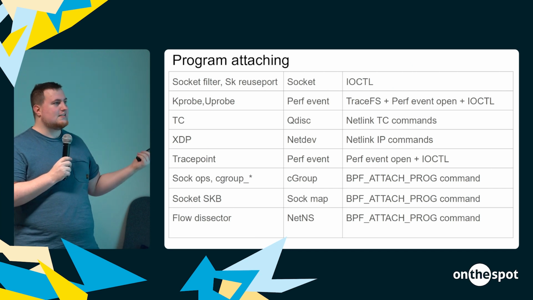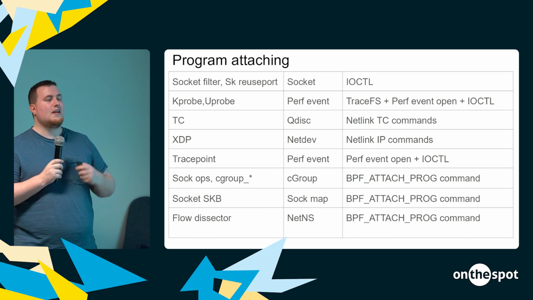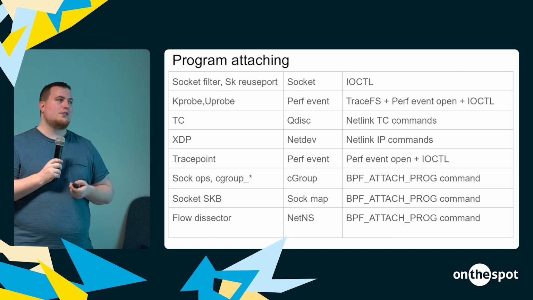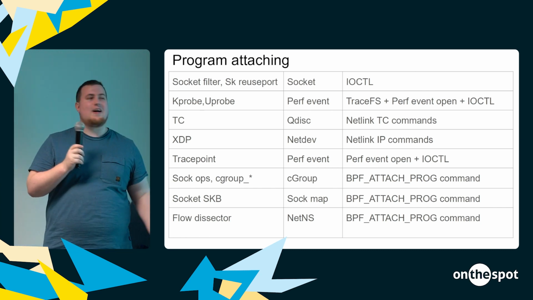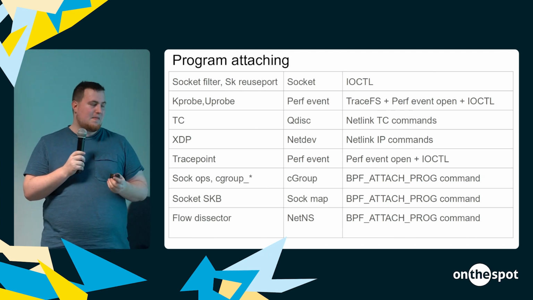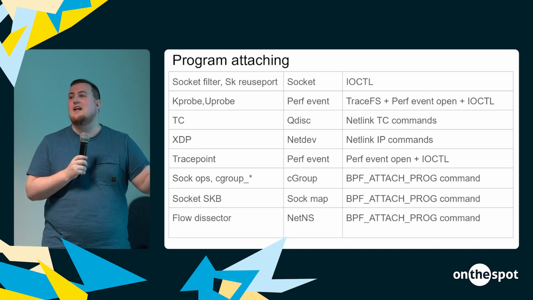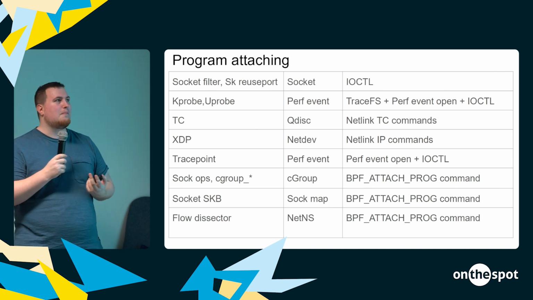So we have TC and XDP programs. They use the tc and the ip command respectively, and use netlink underneath to do the actual attachment, and they attach to these other kernel things. But when I close my program, they don't go away, because even when my program closes, my TC qdisc still exists, or my netdev still exists, so the ref count is still there. So there's really asymmetric behavior